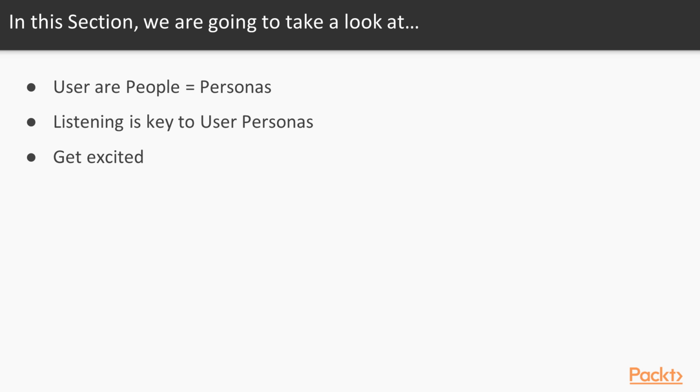What we'll be learning in this section is how to move from our proto-personas, which we did in the last section, and into an opportunity to grow that empathy for our users and build a more shareable, person-related, human-centered deliverable, which is known as a user persona. We'll talk about what it takes to build these things. We'll talk about how we engage and build on engaging our users. And then we'll get excited about the journey for the rest of Section 3.